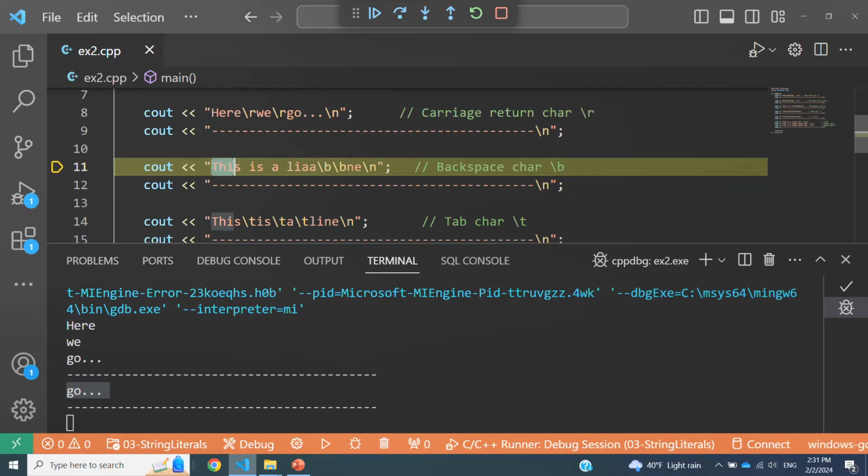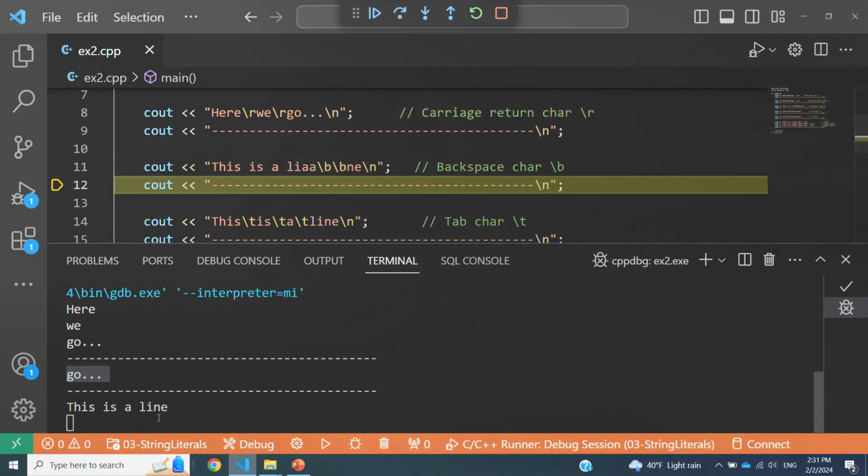So what we should see on the screen is this is a line, and these AA characters should be erased in a sense. All right, so let me execute this, and you can see this is a line. Although we, in fact, printed them, these backspace characters have kind of removed that. They did not remove it, but the backspace takes the cursor back. We have two backspaces, so we take the cursor two characters back, and then print line and E on top of it.